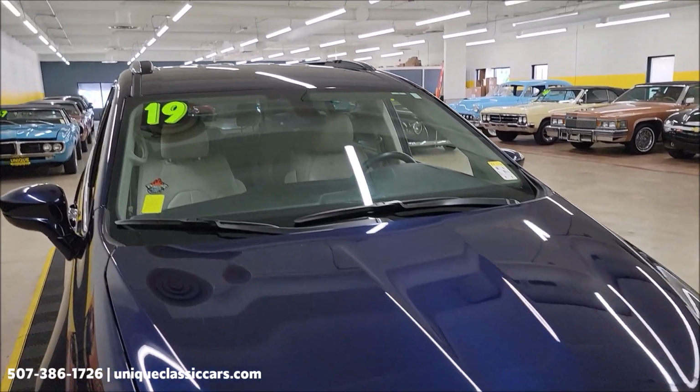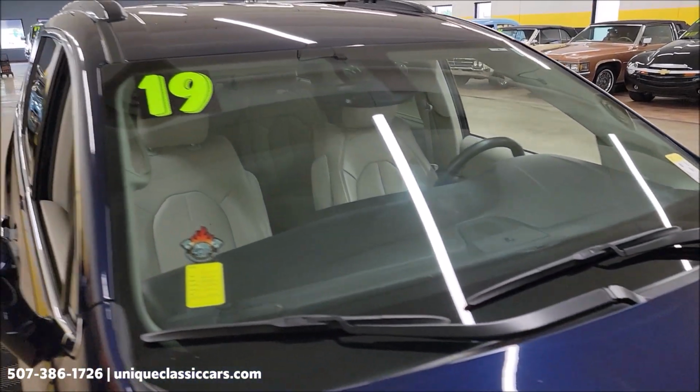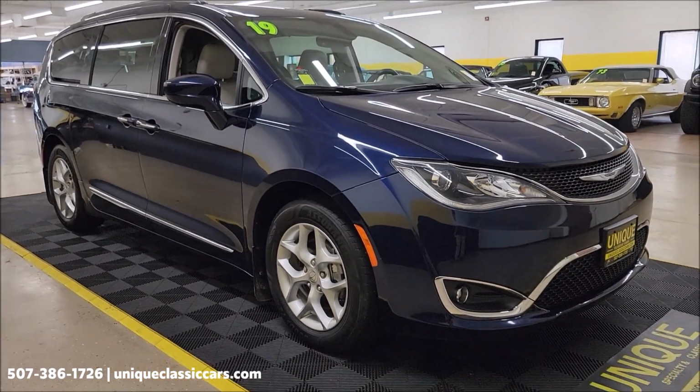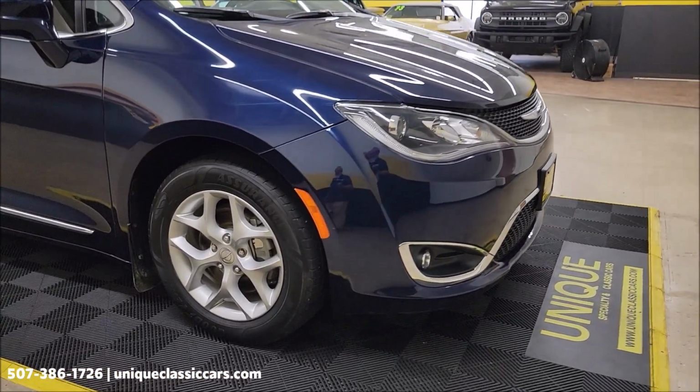This vehicle will also come with a 3-month, 500-mile warranty protection plan. That is included in the purchase price and may be extendable out to 10 years. Consult with your sales associate when you call in or email. You can call in at 507-386-1726,